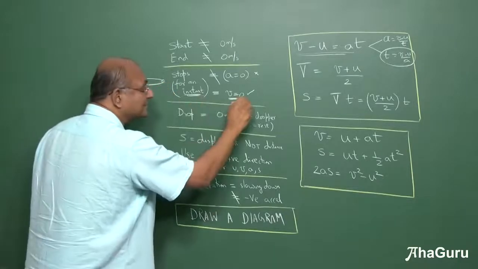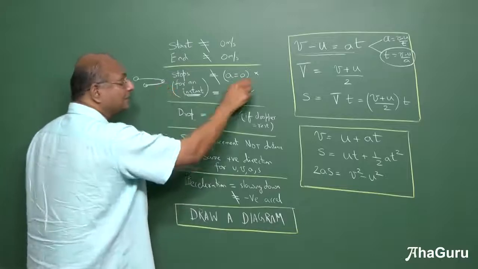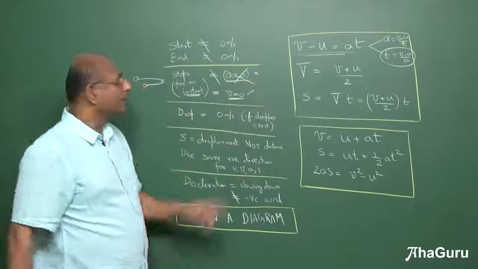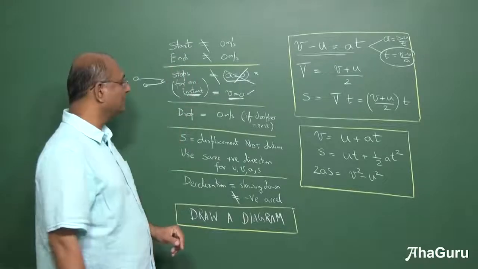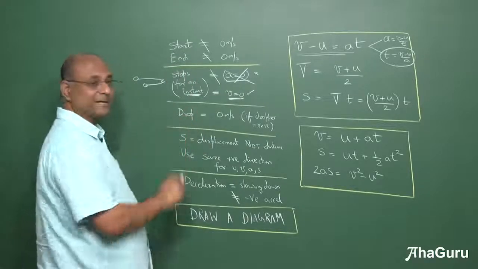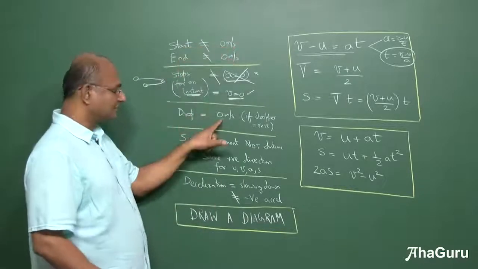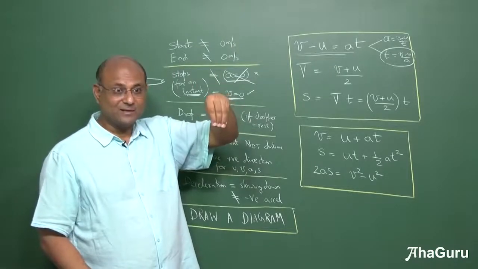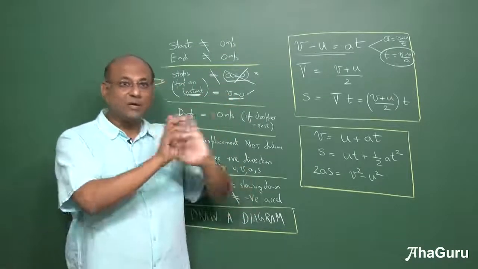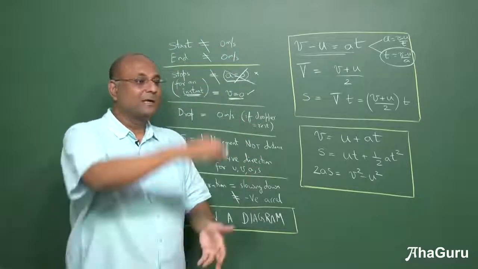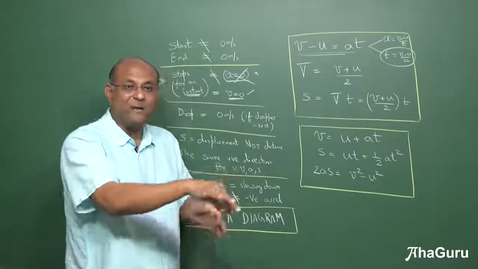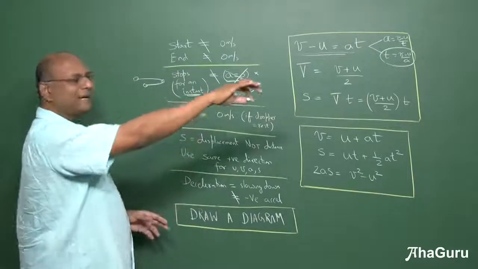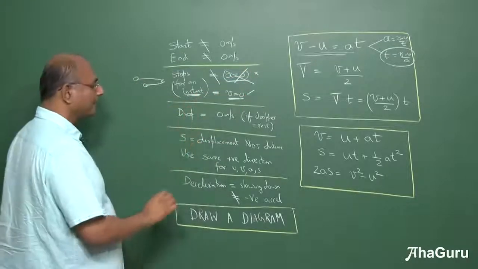Then velocity is 0. Here velocity is 0, but acceleration is not 0. So saying acceleration is 0 is wrong. It is not equal to saying acceleration is 0. If I drop an object, velocity is 0, if the dropper was also at rest. If there is a balloon going up, it is not at rest. If I am coming down in a lift and I drop it, it has the same velocity as the lift, it is not equal to 0. But in general, if I go and drop it like this, it is 0.